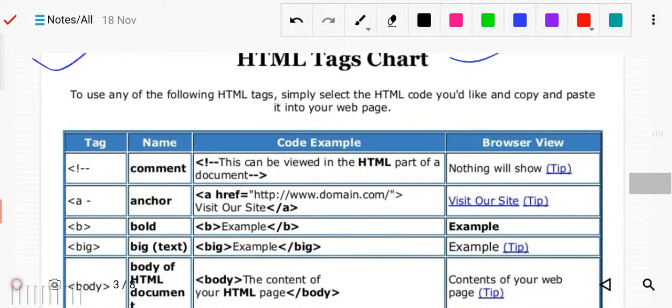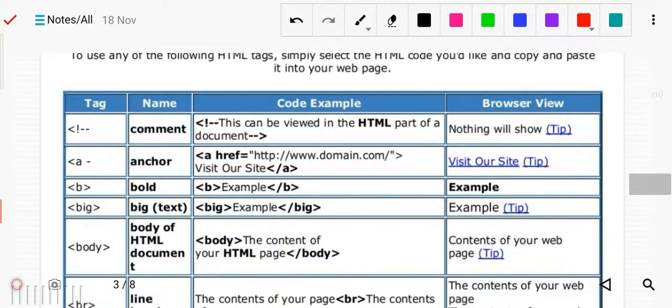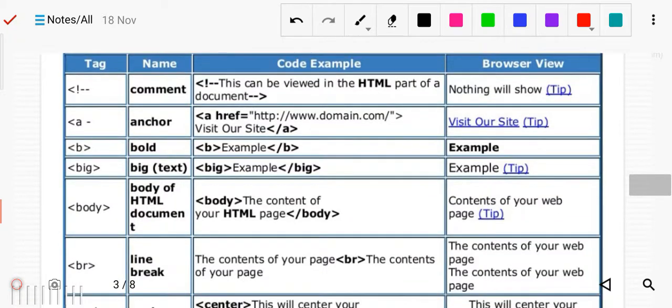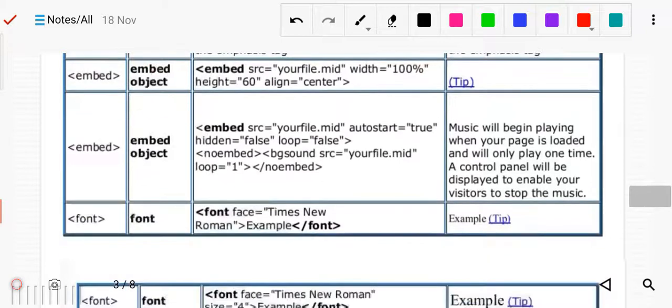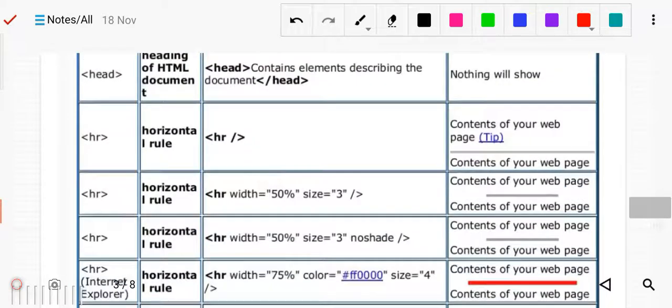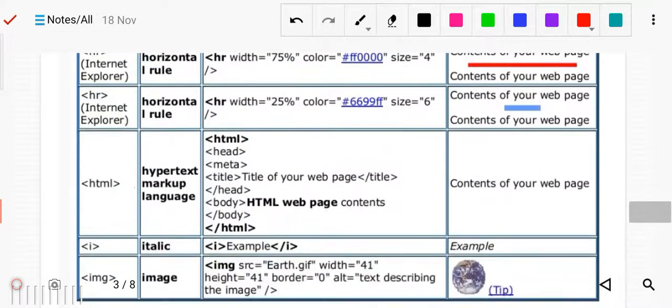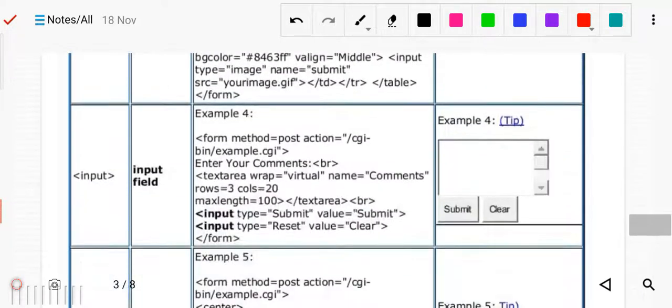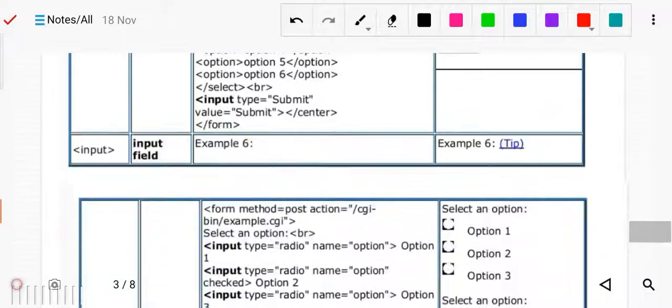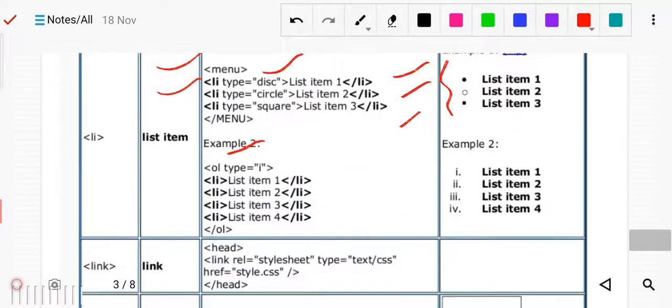Likewise, all these tags are there. You just write them down in your copy and learn all these tags. Okay, I was telling about the menu tag. I taught about the menu tag because it was used earlier. It is used for listing. Here the menu tag is also there. You just see here, you will get the menu tag here.